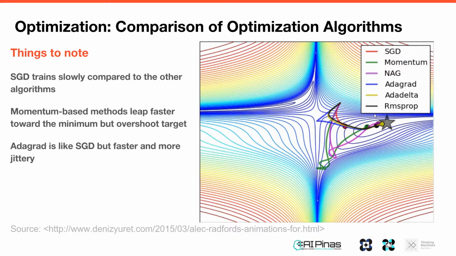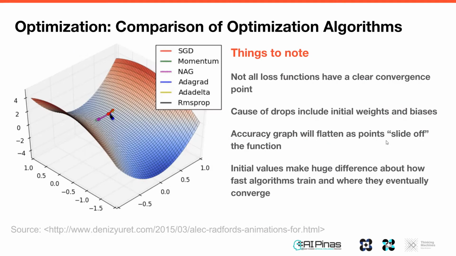What might happen is the choice of one algorithm will have you ending up at one local minima, and the choice of another algorithm will have you at another local minima, even if they both initialize at the same point. See here how the algorithms kind of move across the landscape. Different choices of optimization algorithms will move your weights quite drastically. Not all loss functions have a clear convergence point,